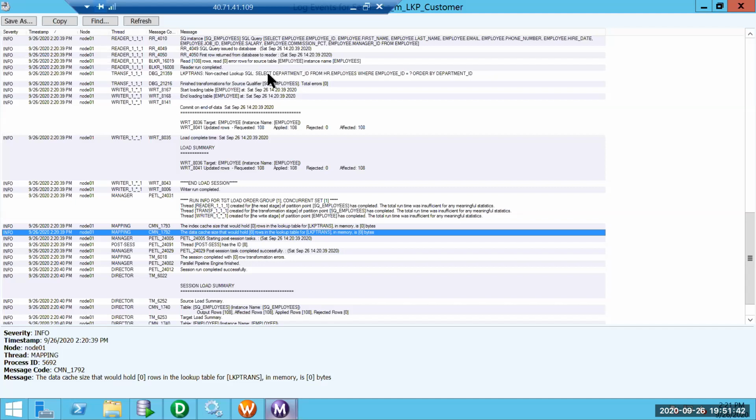In that case, it is okay to go with a non-cached lookup, because the database is already indexed or might have partitions and indexing done. So if the lookup condition we are using is indexed properly, it is going to retrieve in a lesser amount of time. So rather than caching millions of rows when we actually need only 2 records, we can go with a non-cached lookup.